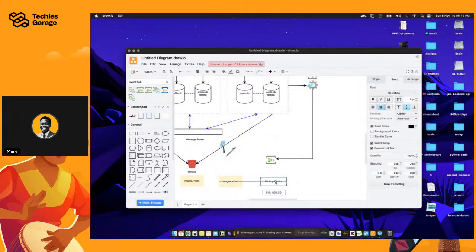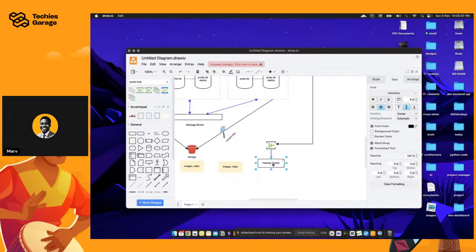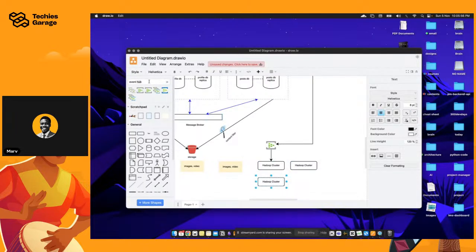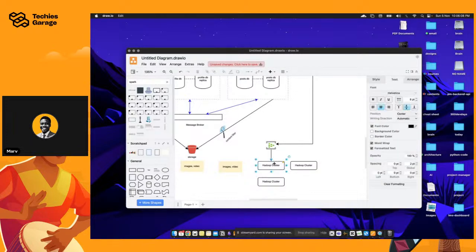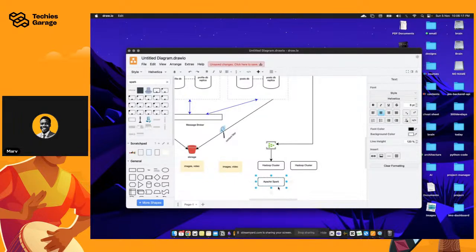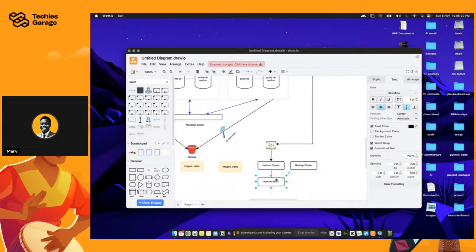So if my data comes into this Event Hub, I can then choose to push that data into a Hadoop cluster, and from there I can also do some sort of processing, maybe using Apache Spark, right? You want to make sure you have intelligent data flow. You want to be able to come back and say, this is what this user is currently doing, this user prefers this kind of data, so let us recommend this kind of content. So you can be using Apache Spark to perform that kind of job in the background. So let's just have this happen here.